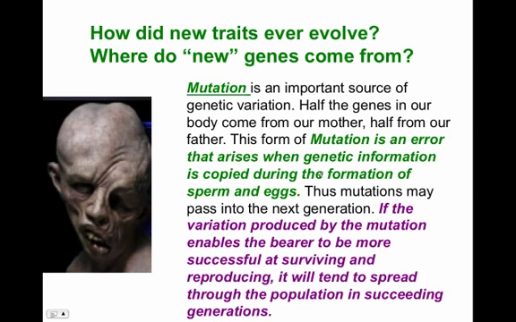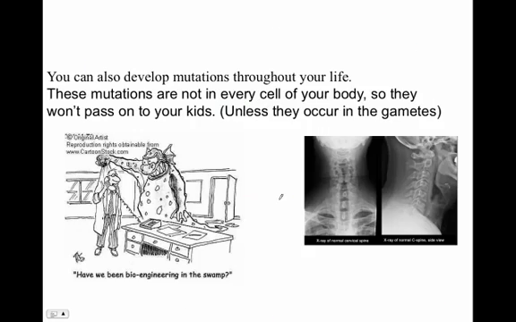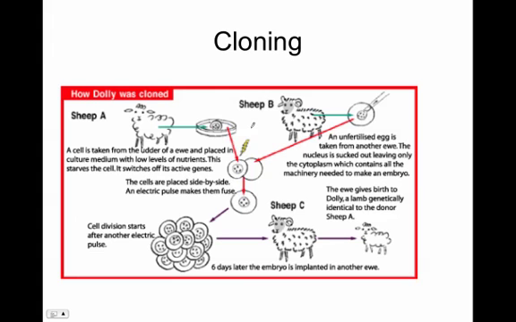Sometimes, though, there can be mutations on genes which would cause variation as well. So mutations is an important part of genetic variation. Half the genes in our body come from our mom, half from our dad. This form of mutation is an error that arises when genetic information is copied. You can develop mutations throughout life too. X-rays might cause mutations, and then they can be passed on to your kids. So let's get into genetic technologies. One type of genetic technology is